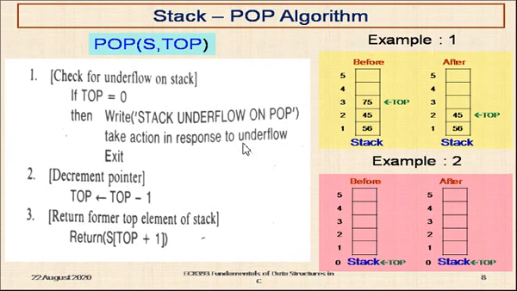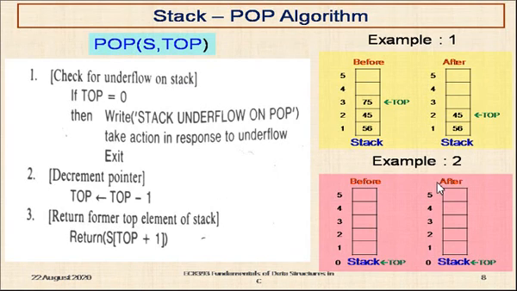Now it is 3. 3 minus 1, 2. So top becomes 2. The pointer is first adjusted to the second location. And we need the data 75, which was at the top of the stack. So return S of top plus 1. So top is currently what? 2. 2 plus 1, 3. S of 3. S of 3 is 75. 75 is returned back to the calling program. Hope you understood this algorithm.